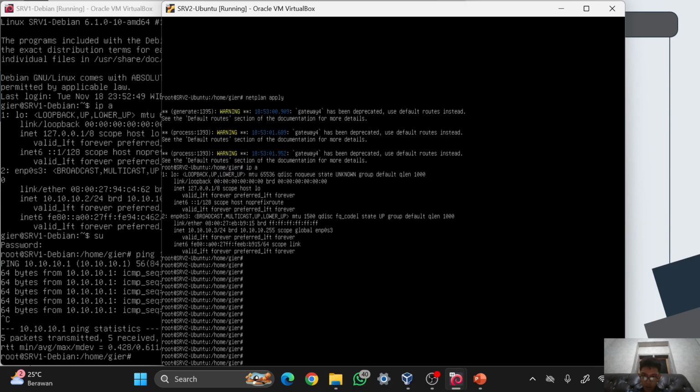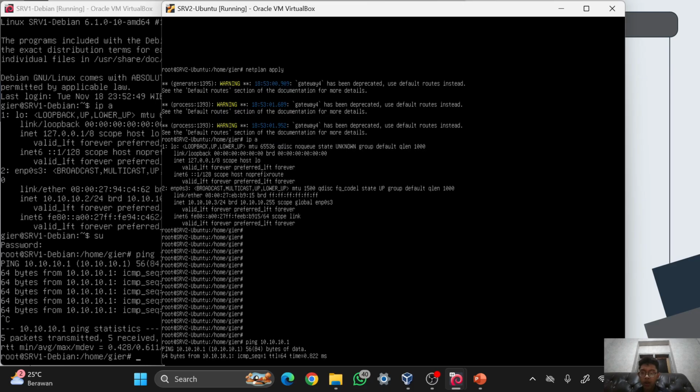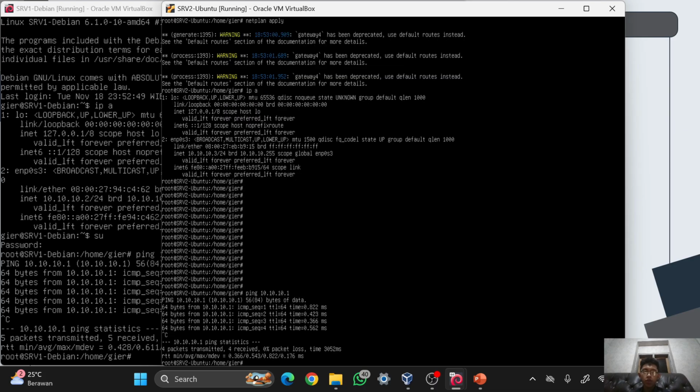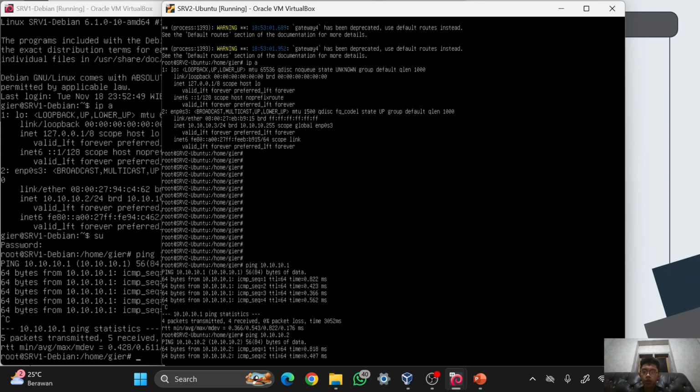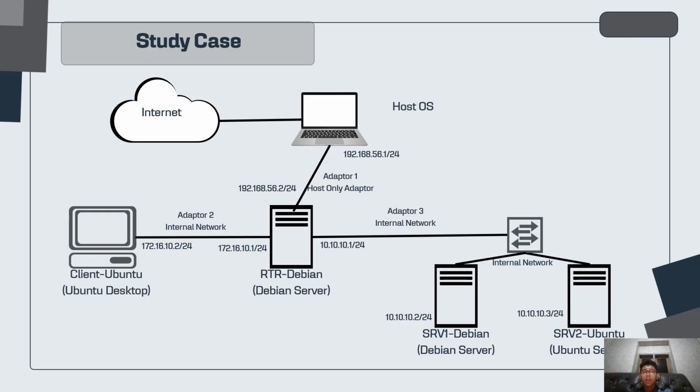I will try to ping to the router Debian using this IP, and it should work. And as you can see, it is working. And I will try to ping to the Debian server 1 using the IP of Debian 2. And as you can see, it is still working, which is reply.